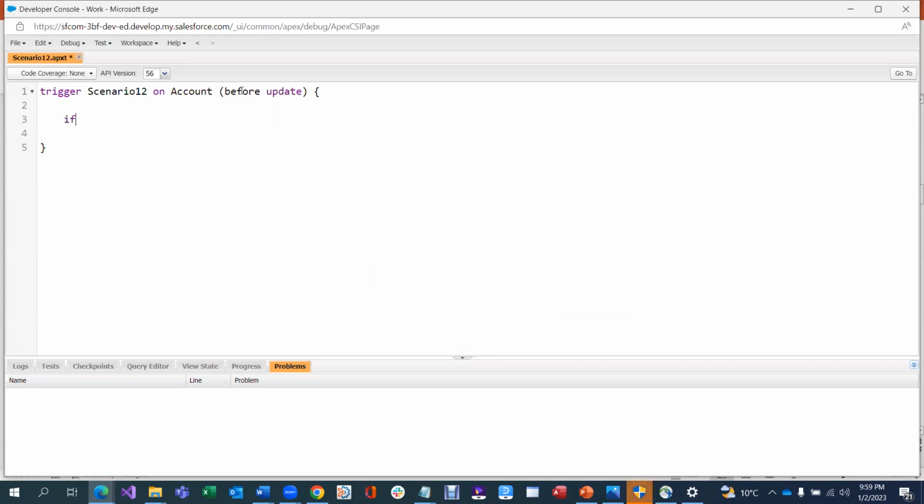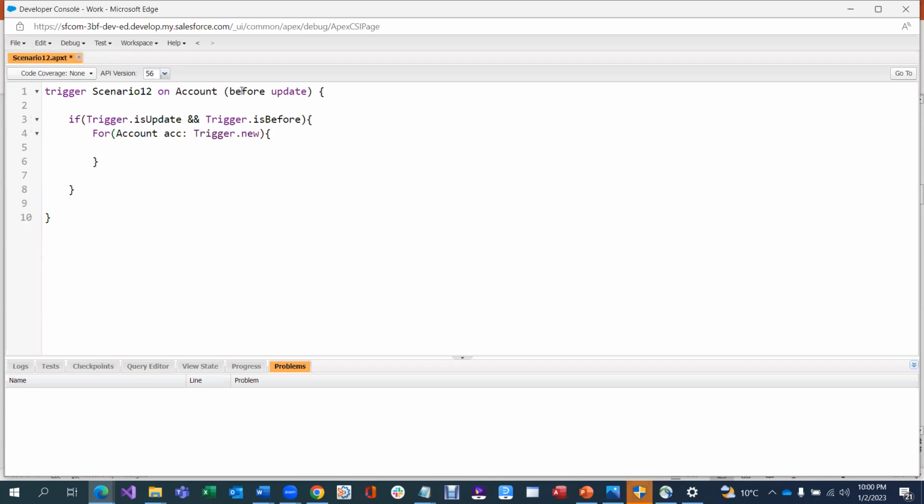Now let me specify the trigger context. Trigger that is update, and trigger dot is before, which basically means this is the before trigger and this should fire before updating the record. For that, simply let me run the extended for loop on the Account object to pull all the new account records,